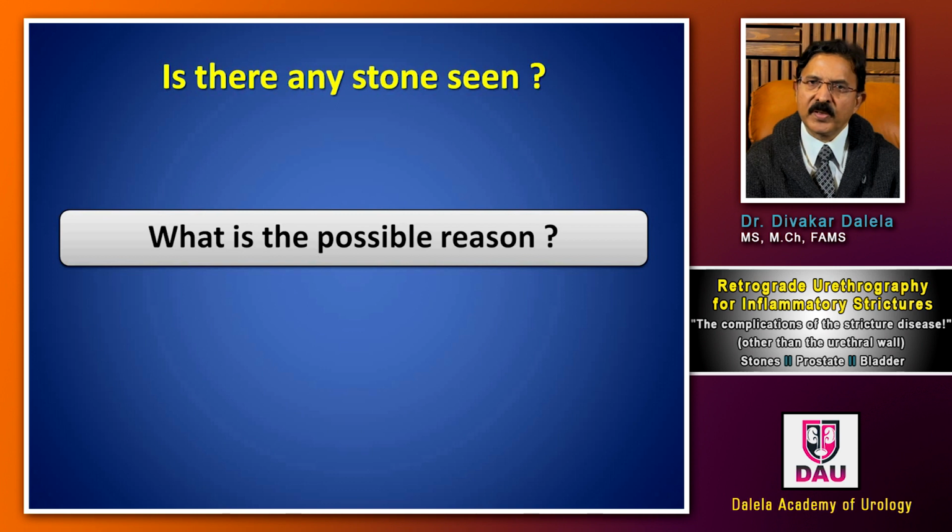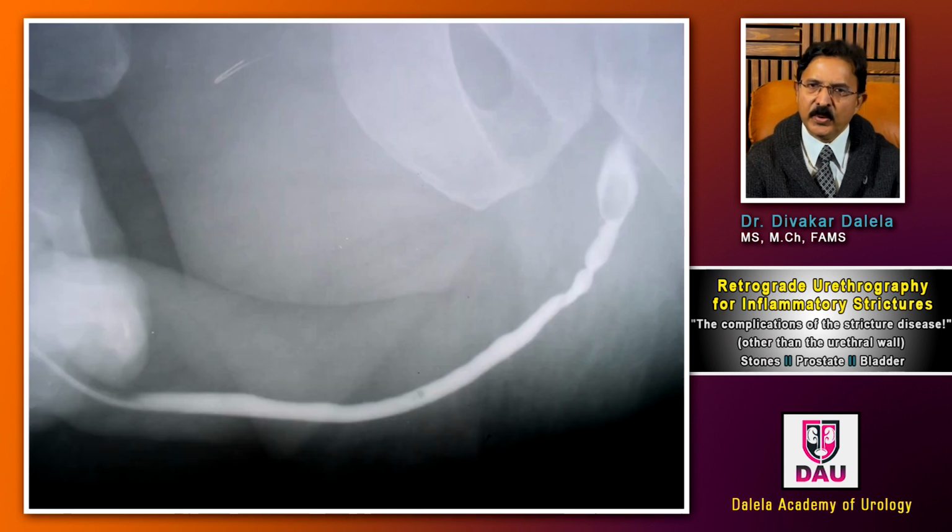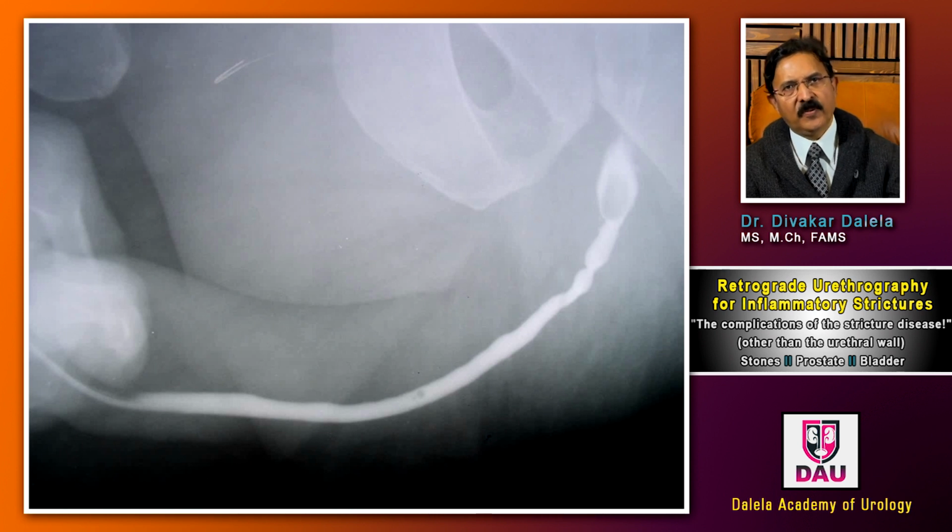Let me talk to you about the stone first. Do you see a shadow which looks like a stone? And if you say there's a stone, then you should also try and find out from where this stone has come in the urethra. Look at this retrograde urethrogram film, where you will see a radiolucent shadow in the dilated bulbar part of the urethra. This shadow is a negative shadow, and usually it is a stone. I understand that you cannot be 100% sure in a contrast film. You have to have a plain film to say that there is a radiopaque shadow here and it is falling in this location, so that's why it is a stone.